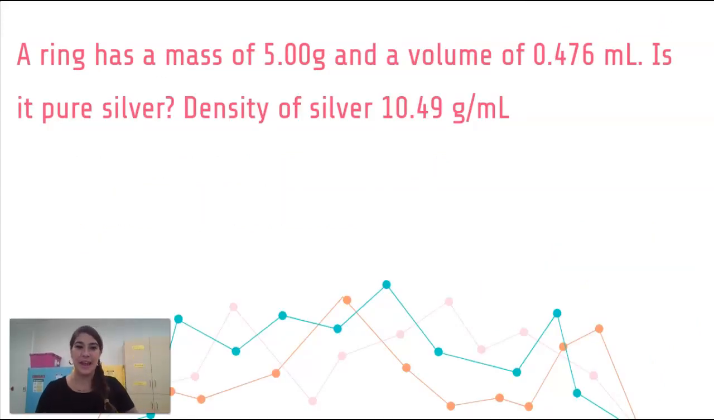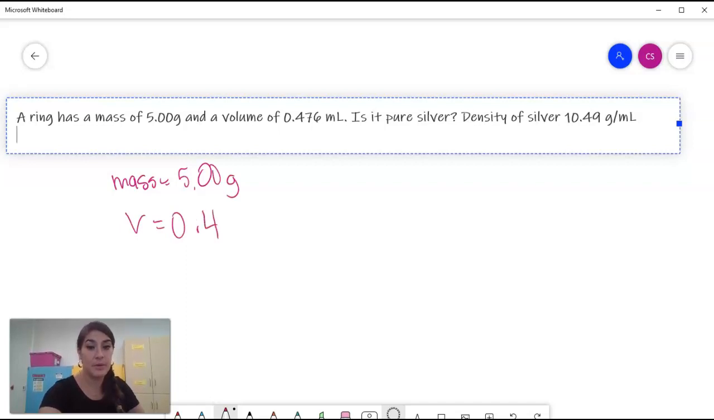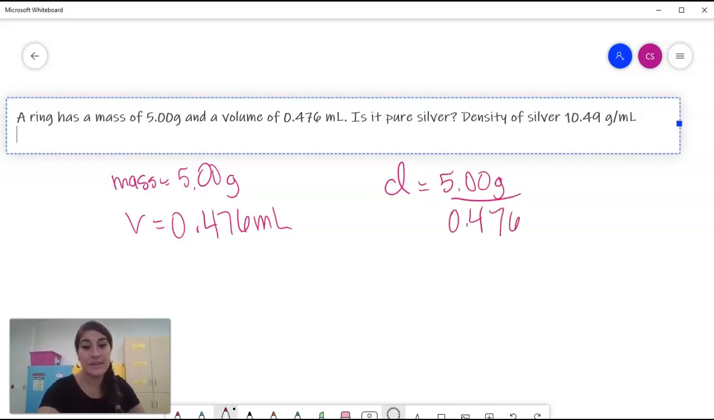So here's a look at another problem. Looking at the mass for this thing, we are told that the mass is 5.00 grams and the volume is 0.476 milliliters. So right off the bat, we already know the mass and volume. That's great. Who knows how that volume was figured out? So we're going to take our 5.00 grams and put it over our 0.476 milliliters. We plug this into the calculator and we're going to get 10.50